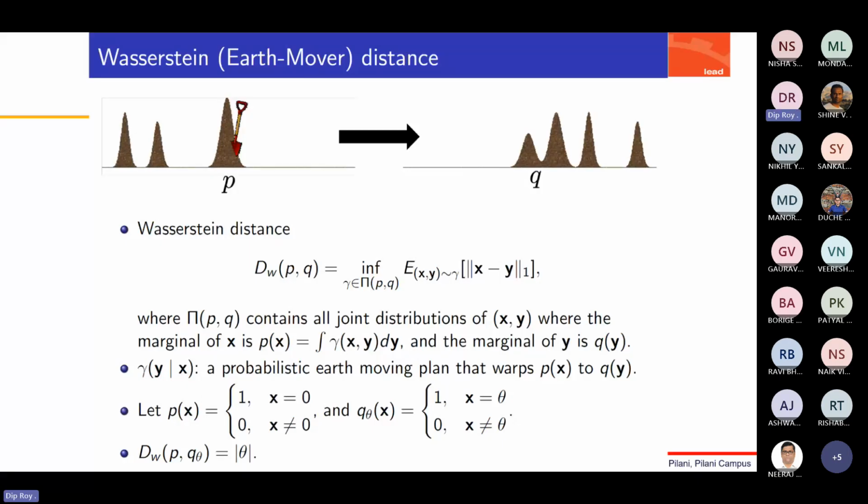Okay, so on the left hand side you have some mound of dirt which is representing the probability distribution. On the right hand side you have another mound of dirt or pile of dirt. The Wasserstein distance tells us what is the minimum cost to turn the pile P into the pile Q. It is trying to say what is the minimum cost to turn the pile P into the pile Q if cost is equal to dirt amount into the distance we move.